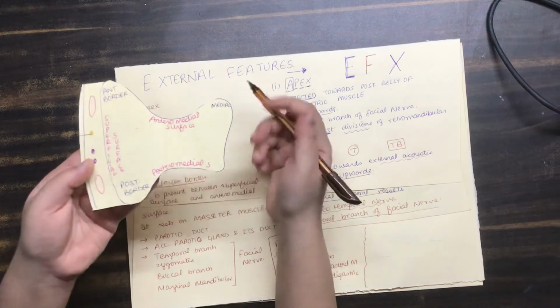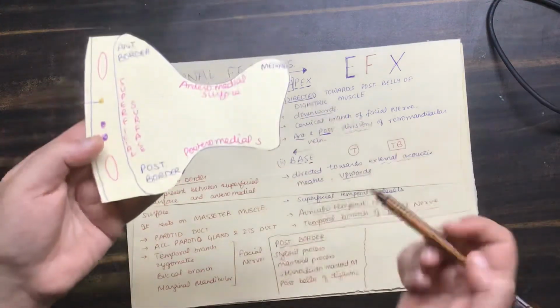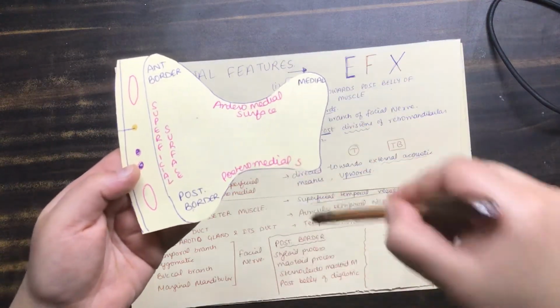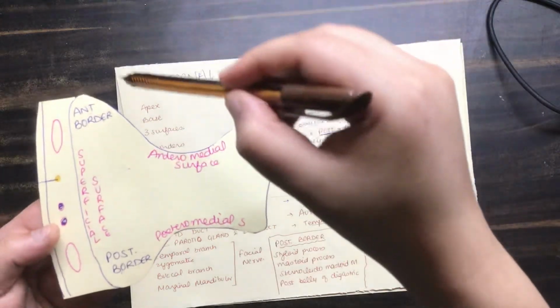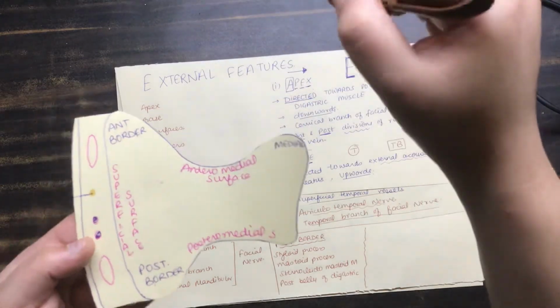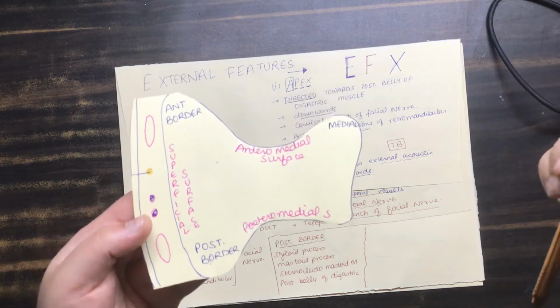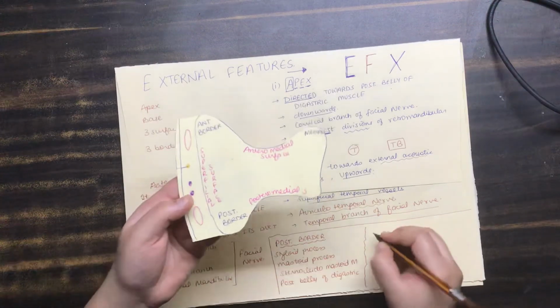Now we are starting with the three surfaces. In the three surfaces, you can again see we have the anteromedial surface, the superficial surface, and the posteromedial surface. In relation to the anteromedial surface, you have first of all the masseter muscle, the ramus of the mandible, and the medial pterygoid. So you can remember it by Mr. M. That is the mnemonic for the anteromedial surface.